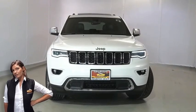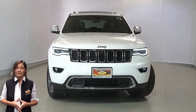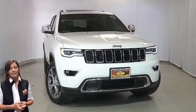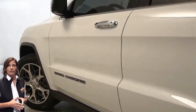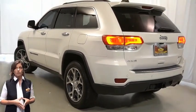Looking for a highly equipped SUV with all the right options and reliability? We'll take a look at the certified pre-owned 2019 Jeep Grand Cherokee Limited in bright white. With bi-xenon HID headlamps, premium fog lamps, 20-inch aluminum wheels, power heated mirrors, LED tail lamps, rear load leveling suspension,